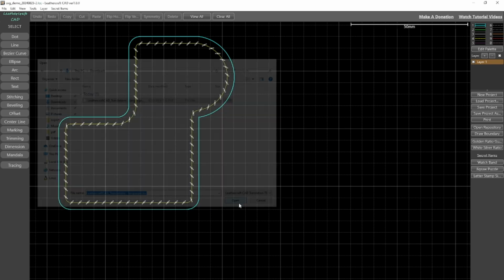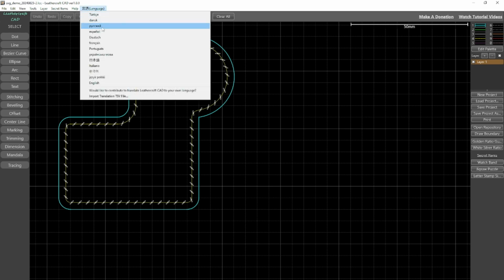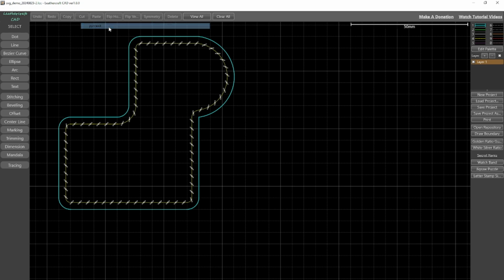And then what happens is now you have a list of those languages, and currently only Russian has a partial translation. So if I switch to Russian, this one I think, now the names of the buttons are in Russian. I don't know how accurate this is.